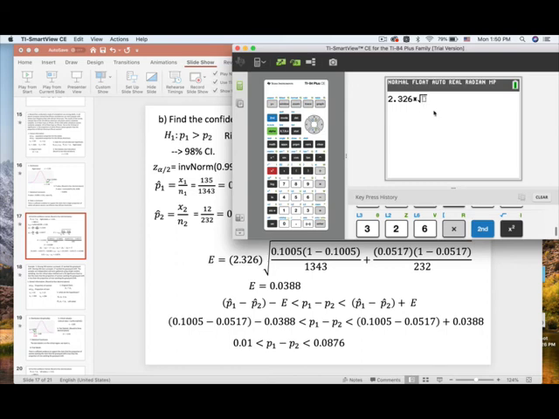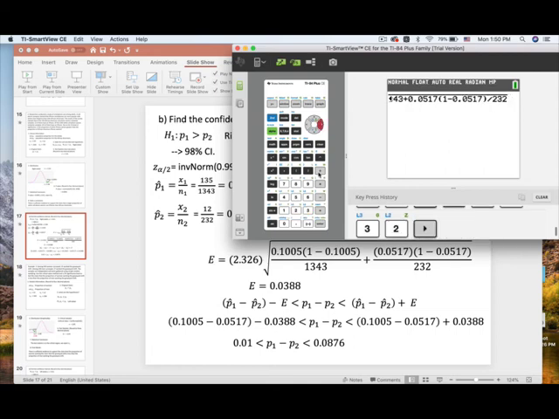So here I'm going to do 0.1005 parenthesis 1 minus 0.1005 divided by 1343, and then plus 0.0517 parenthesis 1 minus 0.0517 divided by